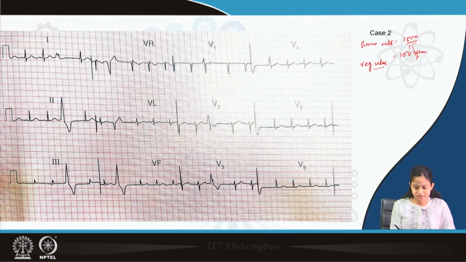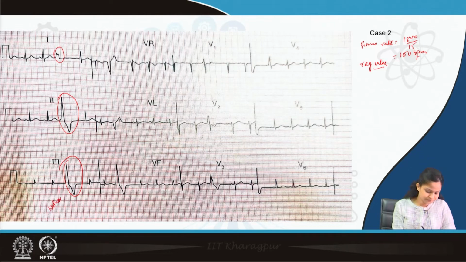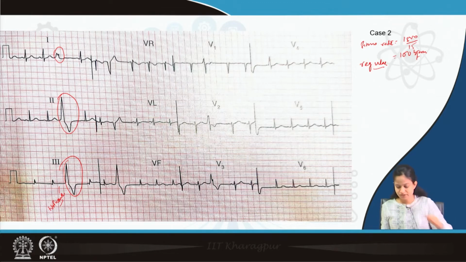Then we have the QRS complexes and the P waves. First and foremost, we can see this beat, very characteristic of ventricular premature complexes, and this is not accompanied with a P wave. You can see no P wave. So, this is nothing but sinus rhythm